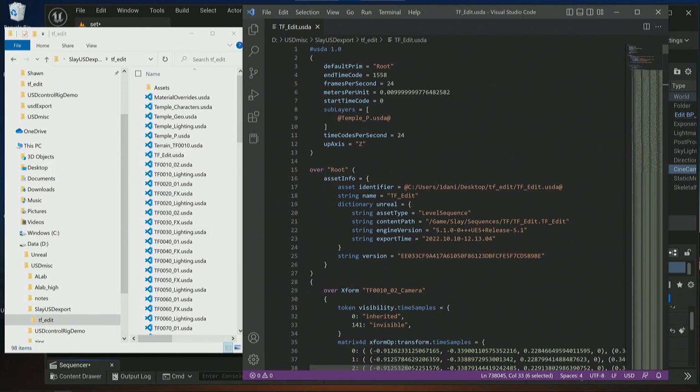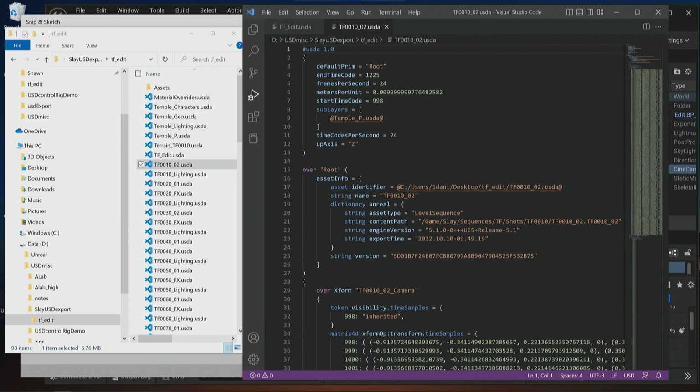So when we export something like this out, it gets much more complex. This is if I've exported out the entire sequence. The sequence was called TF edit, and you can see all the individual shots that are associated with it, and that's the structure there. It's got all the animation in that top, all the cameras. If I went through this file, it would be all the different cameras it would be pointing to. And then this is an individual shot. If you blinked, you missed it. This is going to be the exact same structure for the individual shot. If you load just the individual shot, you'll get everything associated with it. If you load the TF edit, the top sequence, you'll get everything.